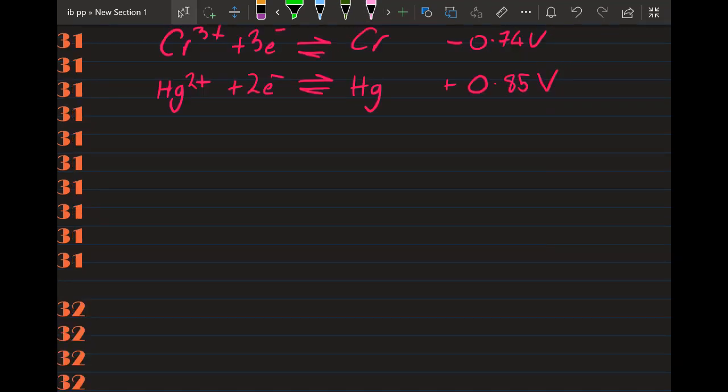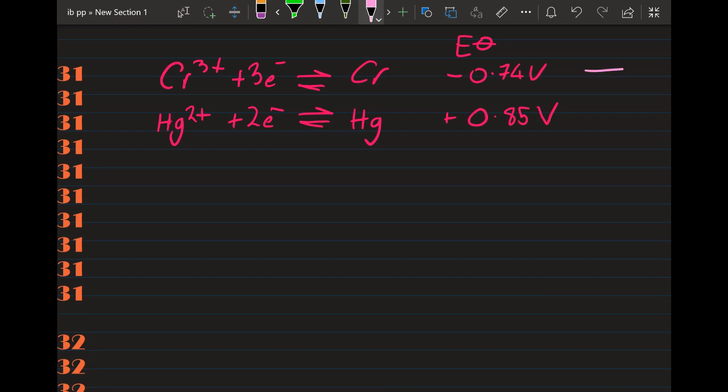Oh, now sometimes they play nasty tricks on you here. They haven't really. This one looks a lot worse than it actually is. They put these in the correct order, like they are in the data booklet, the most negative to the top. And they've also put the electrons on the left-hand side as reduction, which is just how they are in the data booklet. So they're not messing you about like they could. So if you want to know the voltage, you just find the difference and make it positive. So find the difference and make it positive. So the difference between this and this is